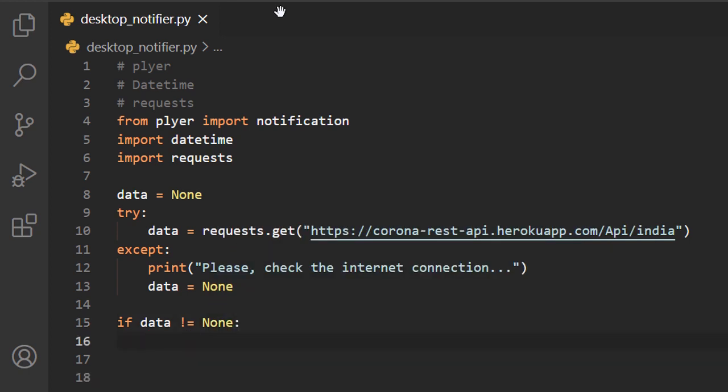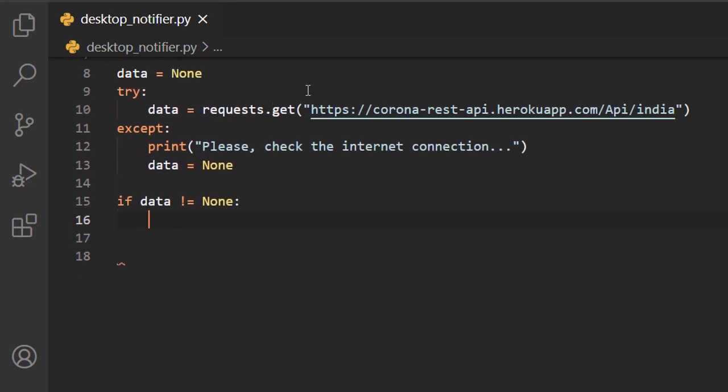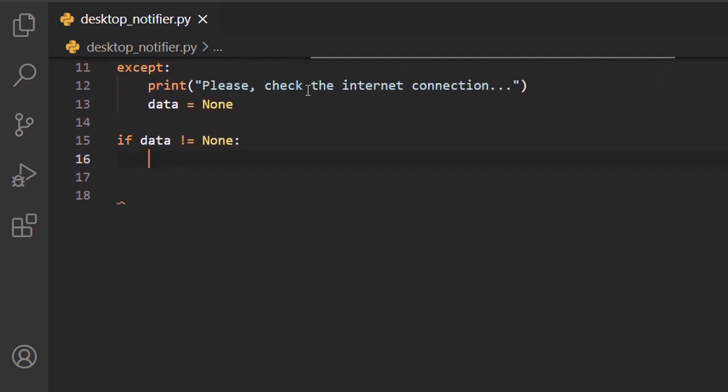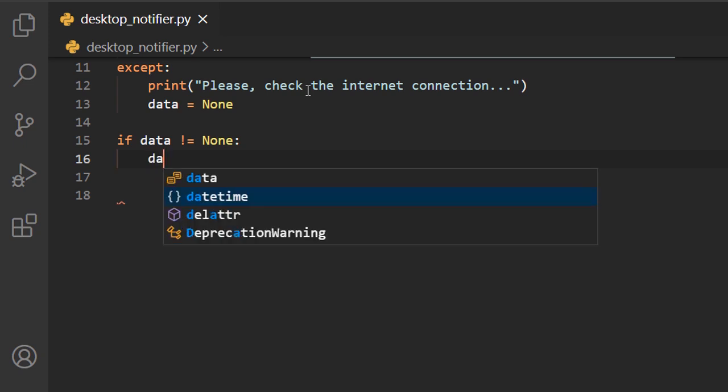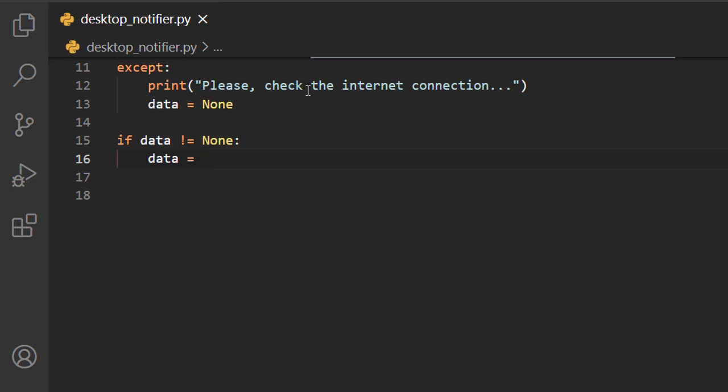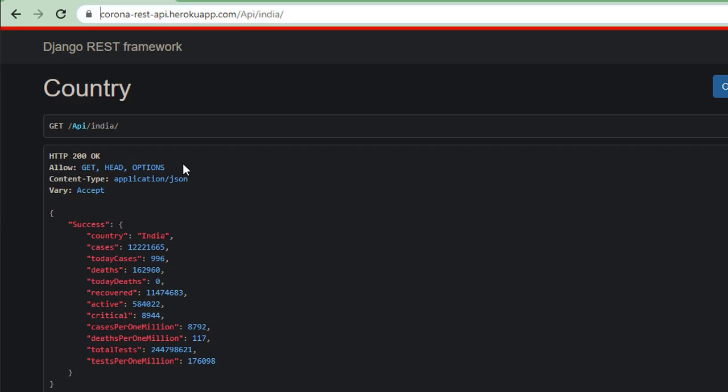So if the data is not None, it is okay. Now we have to make the data ready to be used in the message. For that we are going to use this method, that is data equals data.json(), and here you can observe that all these parameters that I'm going to show in the message are under the dictionary or the object of success.